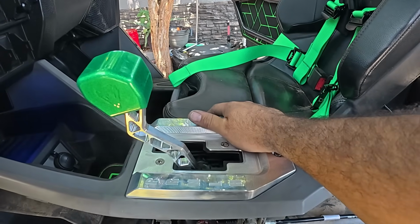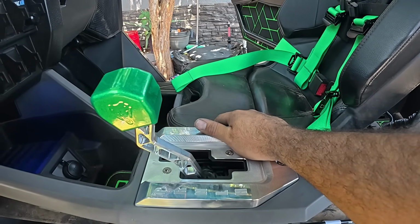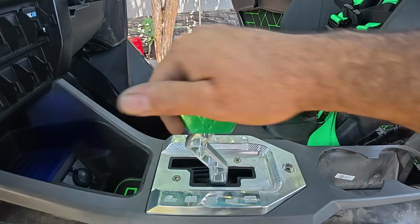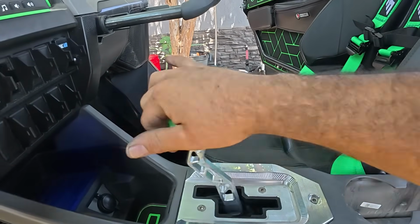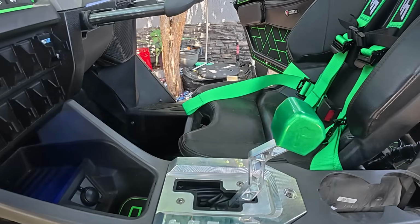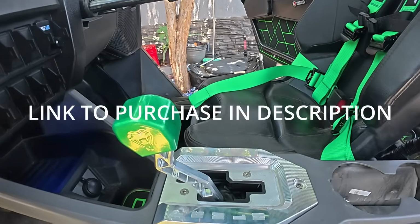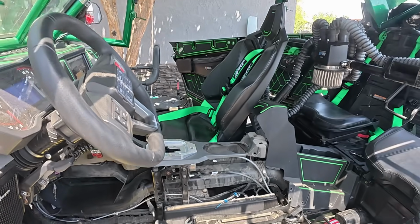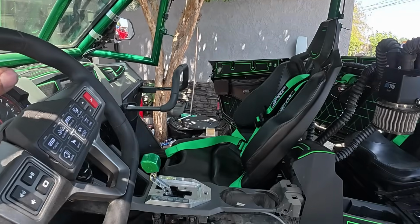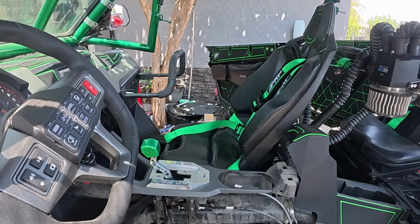on this one. Big shout out to Viper for hooking up a Green Goblin with this shifter. It is basically one of the best options you can do for your machine. It is gonna make shifting a breeze. You'll know what gear it is in without having to look down, and putting it into high is just as easy as putting it into park. So definitely my favorite option. Besides the cage, for safety reasons, you know, but besides that, this is probably the number one go-to as